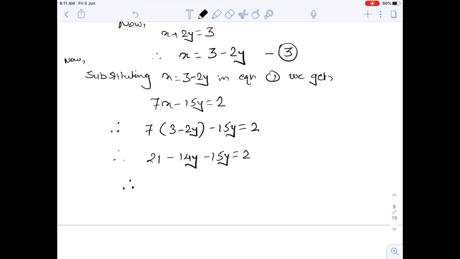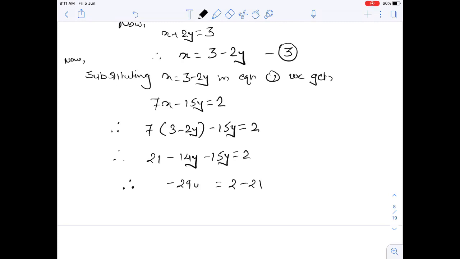Now our regular procedure will shift one thing to the RHS side, okay. So let us first change the side of this 21. So we get, now this plus 21 will become minus 21 on this side, and now here both this 14y and 15y are having the same sign, that is minus sign, so we will add them. So you will get